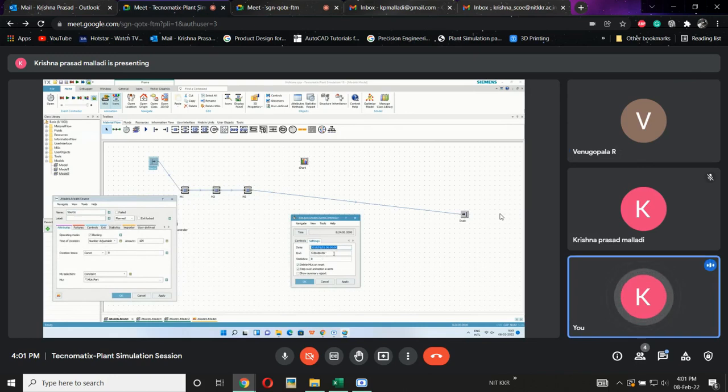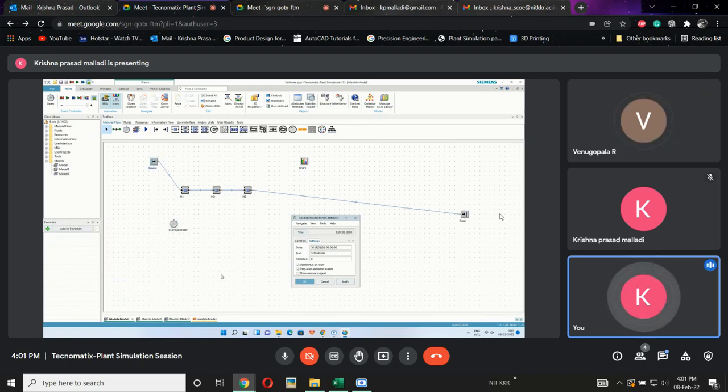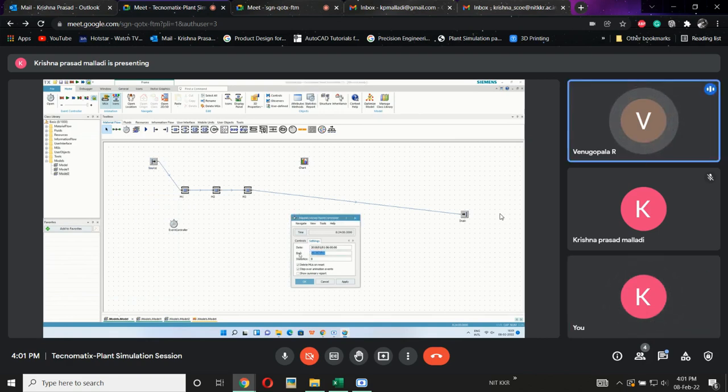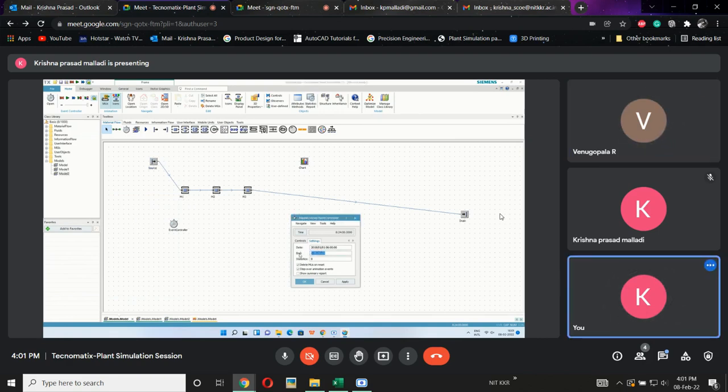If we want to run the simulation with respect to time, then we can't give the number of parts, so we have to make it -1 so that it will be unconstrained. If we want to run the simulation with respect to parts, then we need to define the number of parts, and we can't define the time with this one. These are the two important things. Once it is done, the model will be the same for anything. These are the main things.